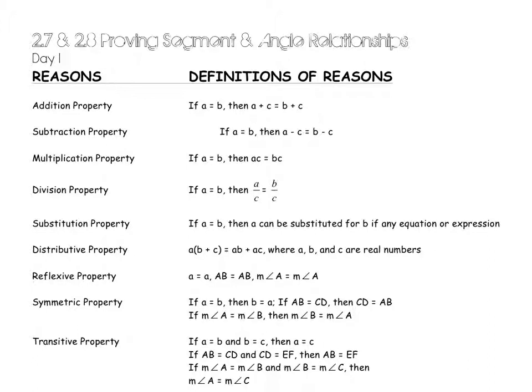This happens a lot when you have segments or rays that are shared by a side. And really, you just have to see the reflexive property in action to understand why it would be important. The symmetric property is if you need to flip something over. So let's say A equals B, and you wanted B equals A. Or if you had 12 equals X, and you wanted it to be X equals 12, that's technically the symmetric